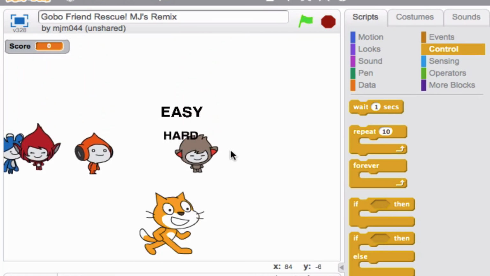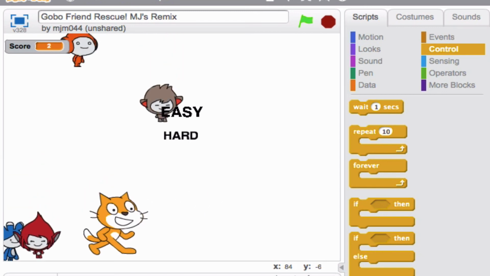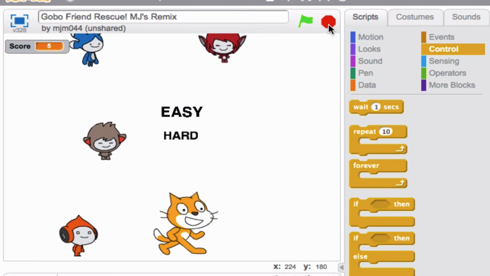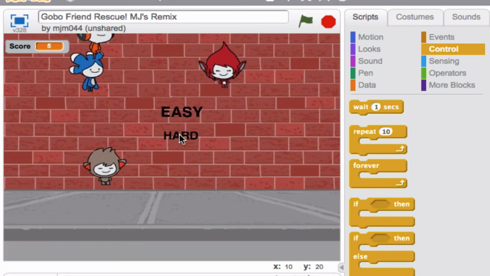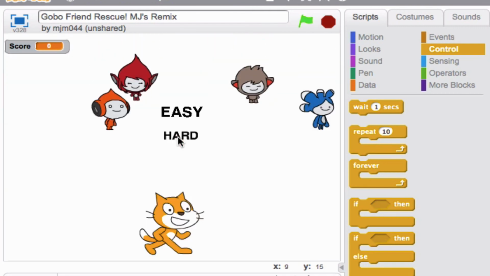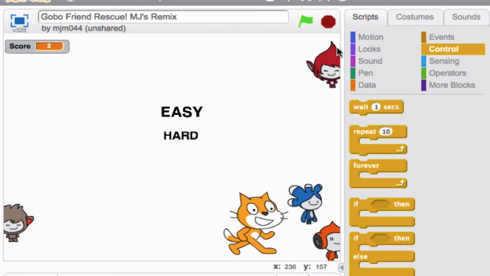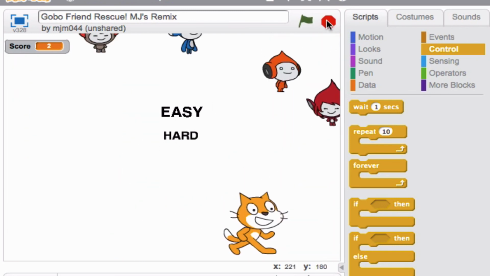Okay, so here's the easy level. I can move these around. Excellent. And then last but not least, if I were to go back and do hard, they're moving a little bit faster. Fabulous. Perfect. Okay, now the last thing that I want to do is that I want easy and hard to